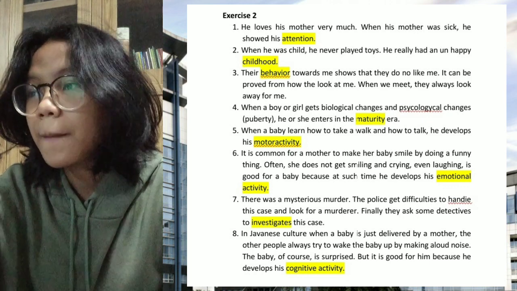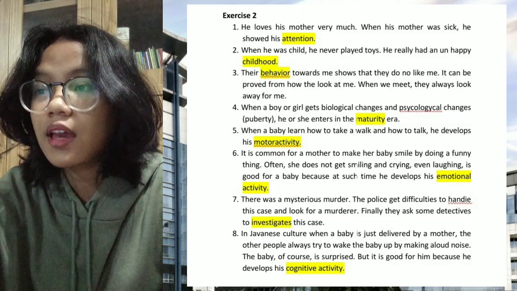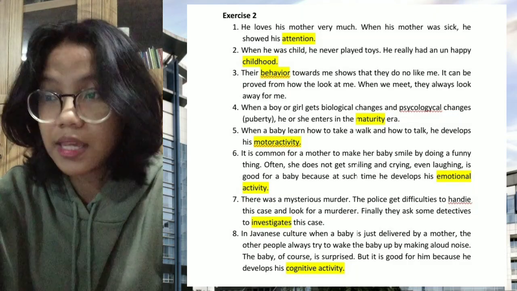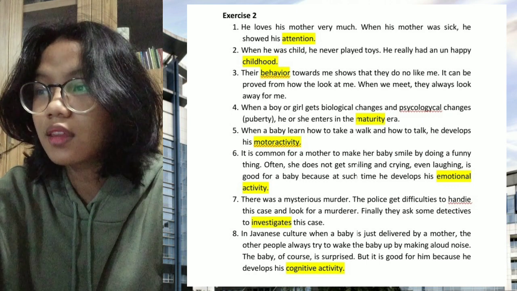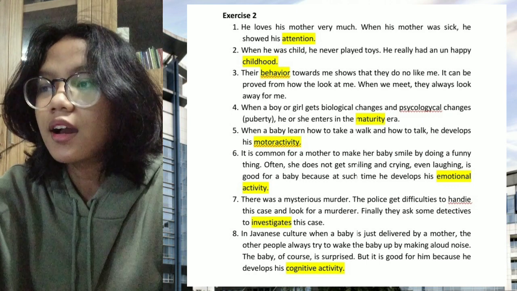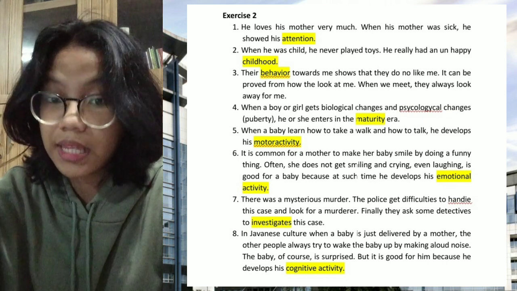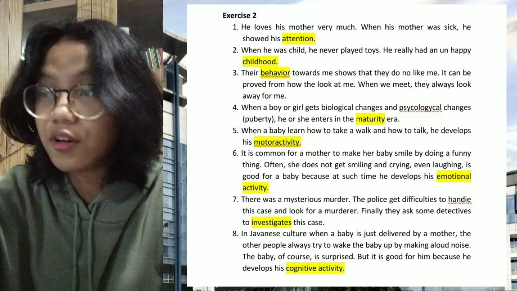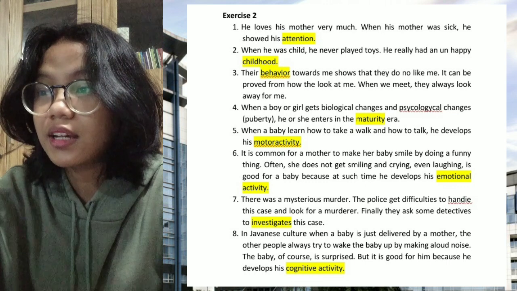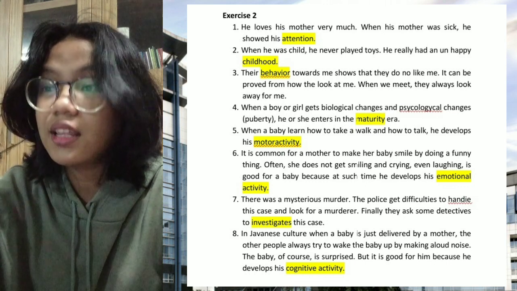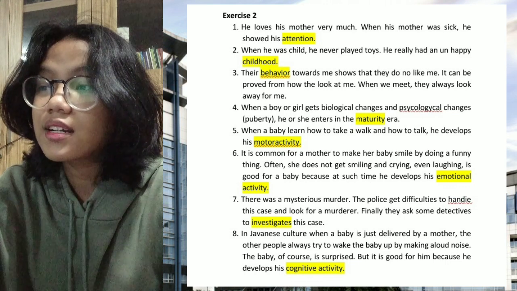Number 3, their behavior towards me showed that they do not like me. I can tell from how they look at me. When we meet, they always look away from me. Number 4, when a boy or a girl gets biological change and psychological change, or puberty, he or she enters the